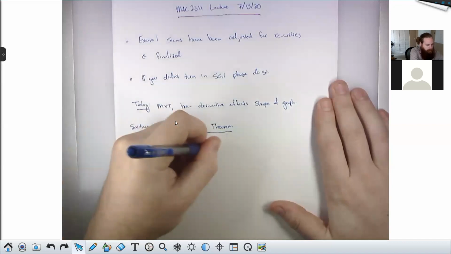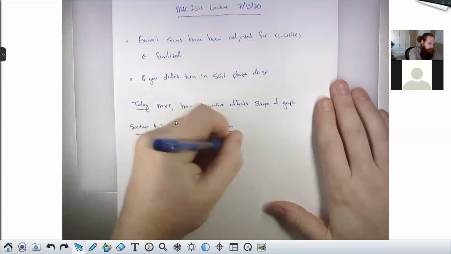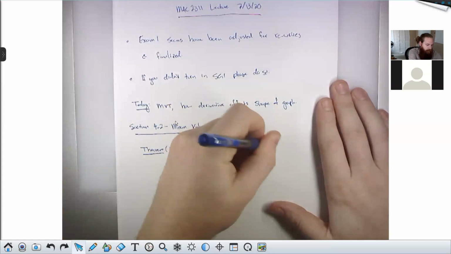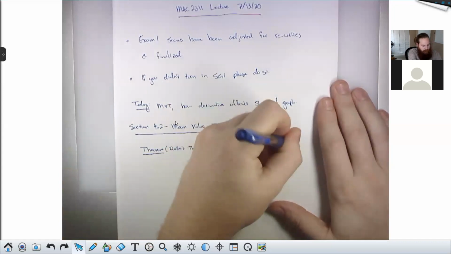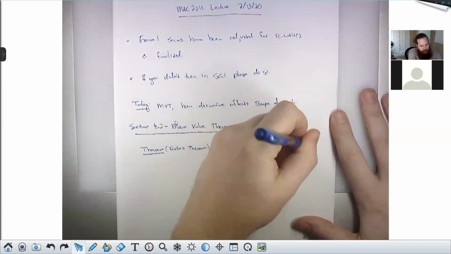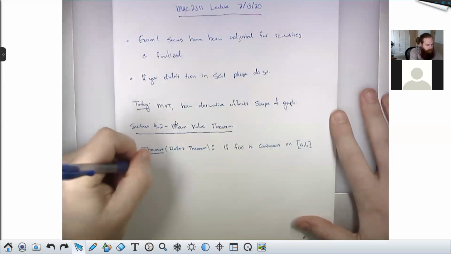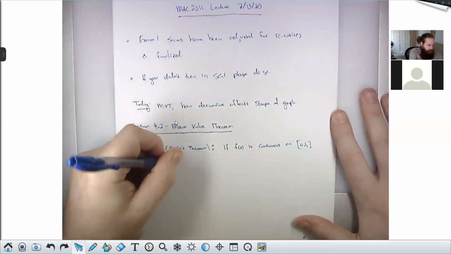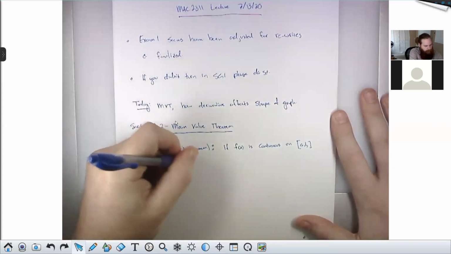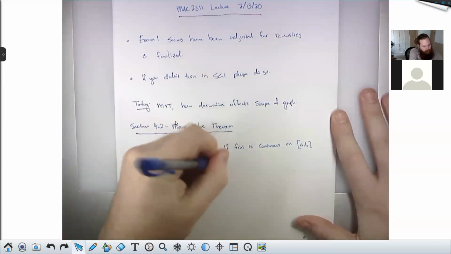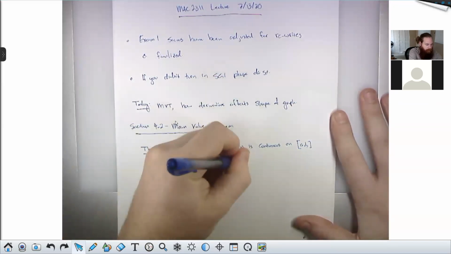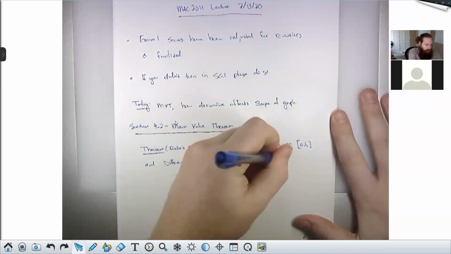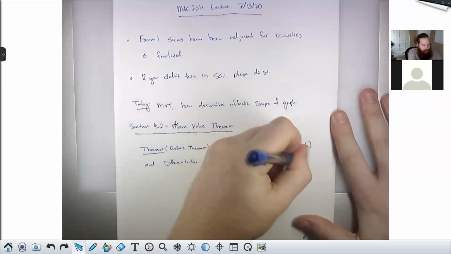And it says this: if f of x is continuous on the closed interval AB and differentiable on the open interval AB, and f of A equals f of B, then